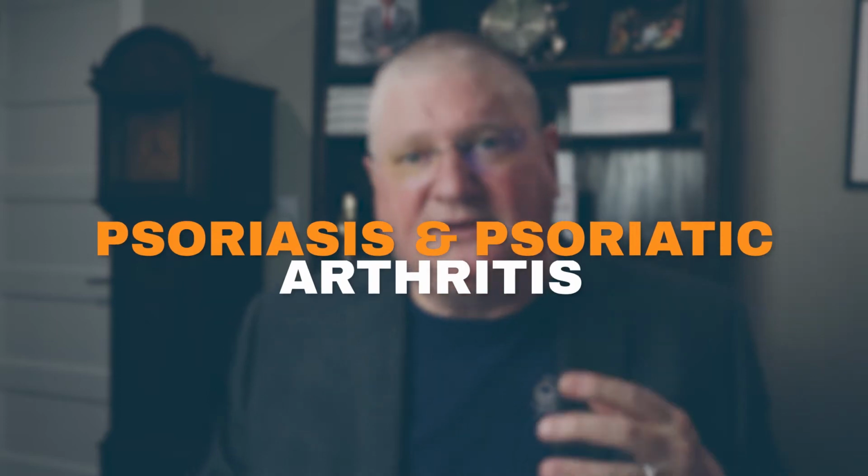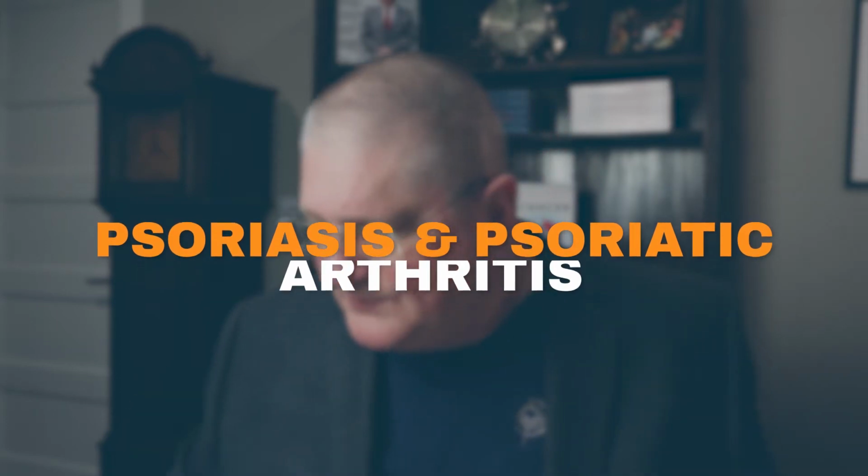The next one is a combination of two things, one of which we think of as a skin disorder, but it's actually an autoimmune disorder that can be more than a skin problem, and that's psoriasis, and then psoriatic arthritis. So psoriasis, if you've seen it or if you have it, is a thickening and a scaling-like of the skin. And what normally happens is that your skin has these strata where the outside cells are produced. So if you go down to the base, at the basal lamina where you produce your skin cells,